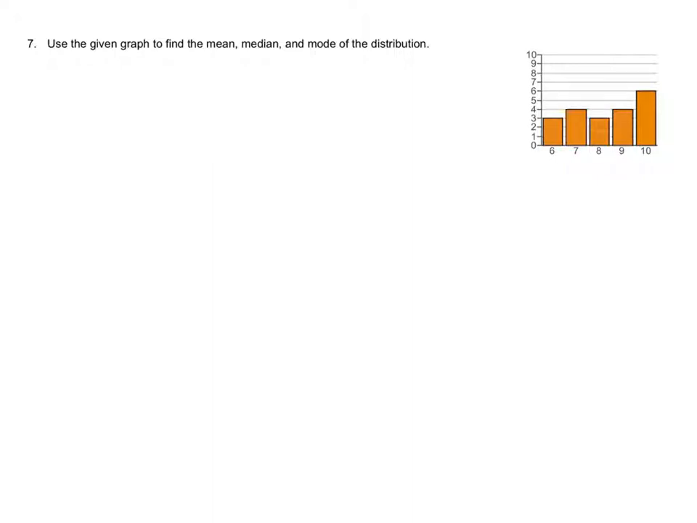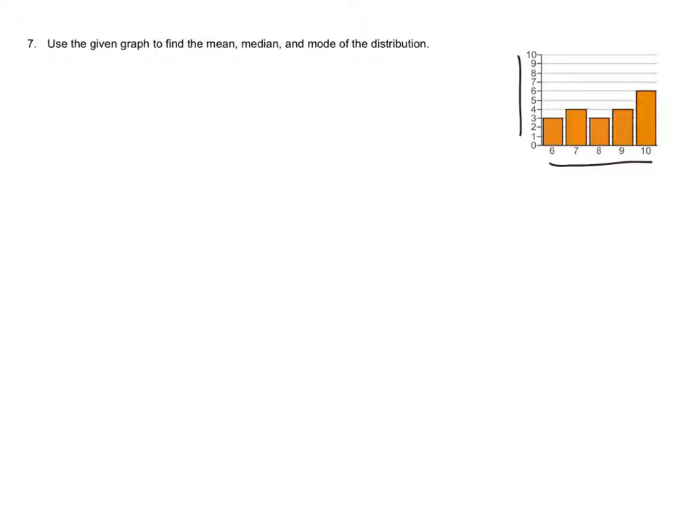Here we have a bar graph, and the values on the horizontal axis represent all of the different values within our data set. And then the values on the vertical axis represent the frequency, or the number of times each value occurs within the data set. In order to find the mean, median, and mode using this graph, we need to create a